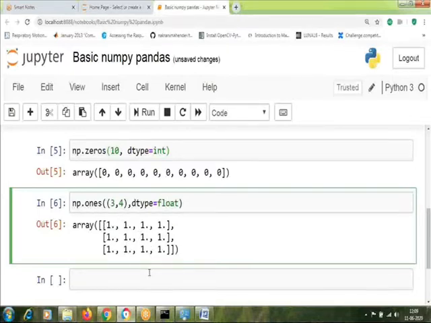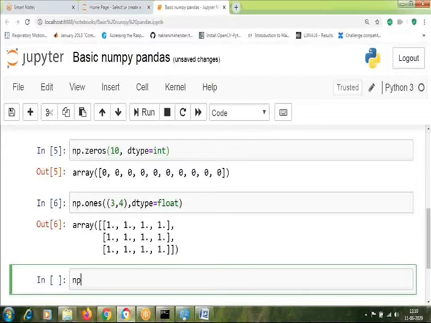That's how we can create matrices, and of course we can also create random values using different functions. Let's say we want to create a random value matrix. Then you can just use the random function from NumPy, and we are going to use the normal distribution, with values from 0 to 1, and we need, let's say, a 3 by 3 array, that is a matrix of 3 rows and 3 columns.